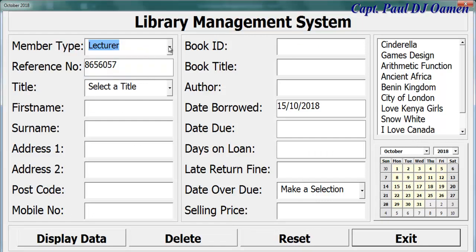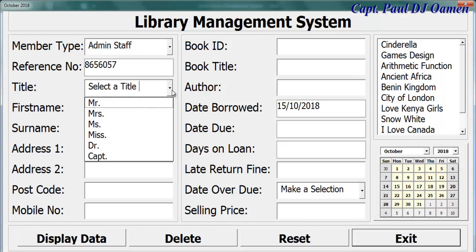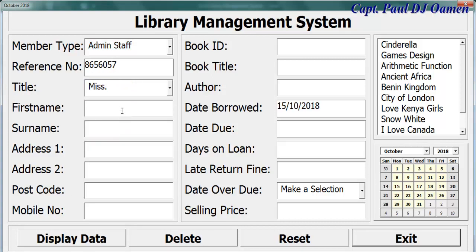So let's say it's admin staff, and the name is, let's go for Sally, and the surname of Sally is Johnson. Address: 45 John Way, and here let's call that London. Postcode, mobile number,